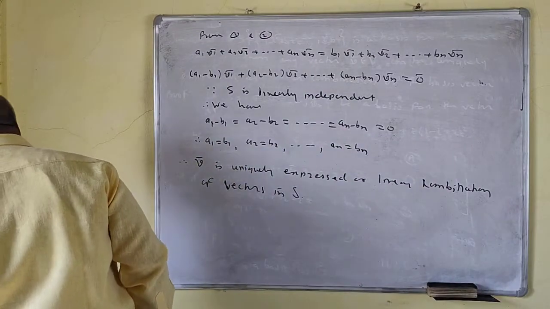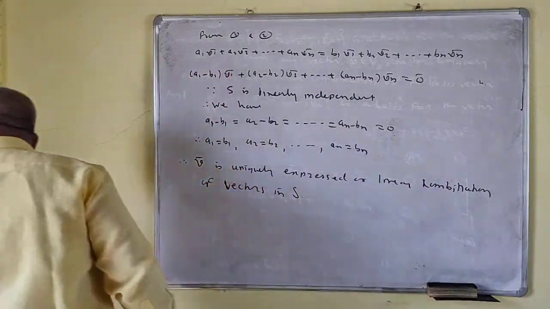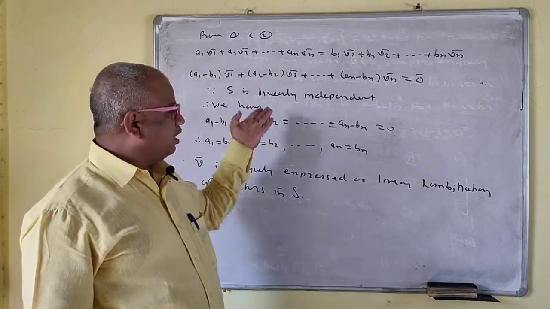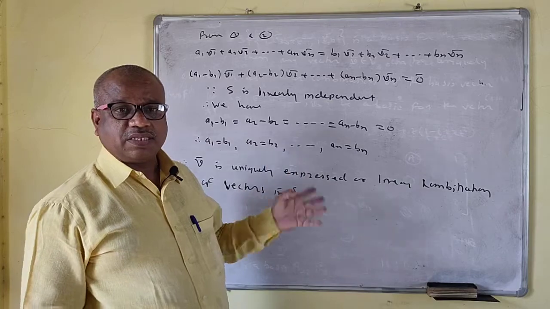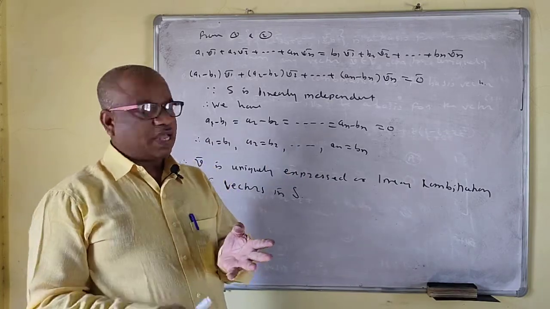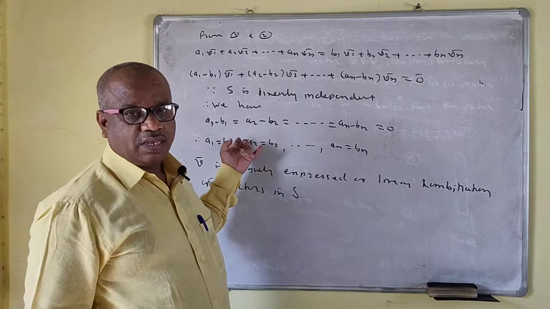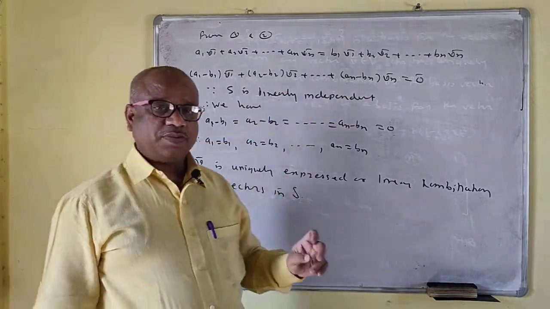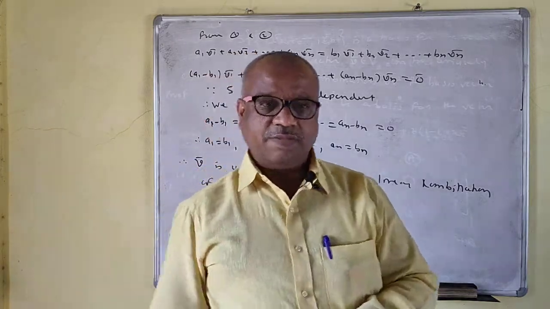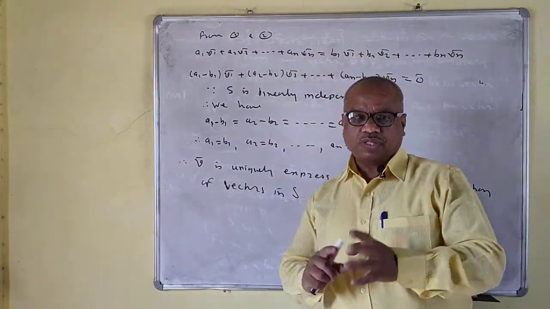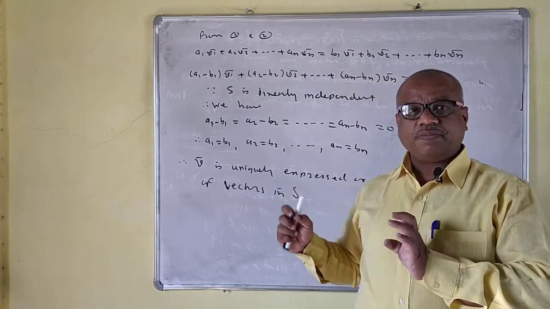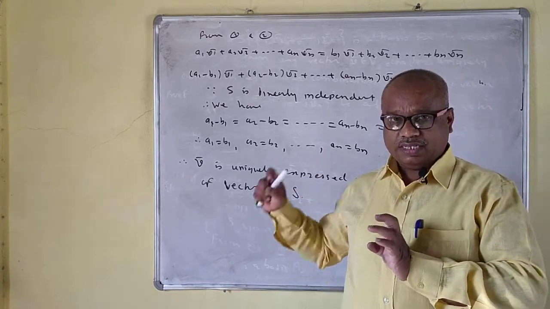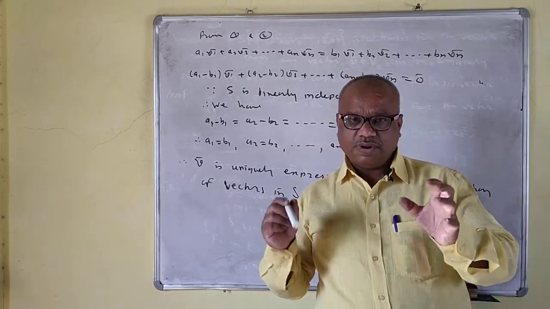This is a very important theorem. I hope you understand what we mean by basis, and this theorem. S is a basis, which means we have to take the benefit of S spanning V and of S being linearly independent. You have to take the benefit of both; without that you cannot do this. I have taken the benefit of S spanning V and of S being linearly independent. I hope you understand all these things.